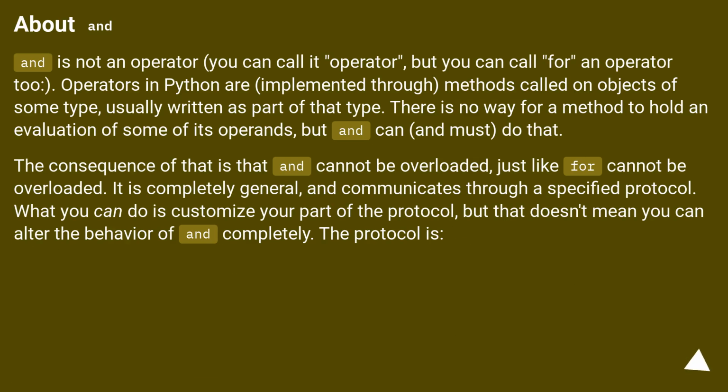About `and`. `and` is not an operator; you can call it an operator, but you can call `for` an operator too. Operators in Python are implemented through methods called on objects of some type, usually written as part of that type. There is no way for a method to hold an evaluation of some of its operands, but `and` can, and must, do that. The consequence of that is that `and` cannot be overloaded, just like `for` cannot be overloaded. It is completely general, and communicates through a specified protocol. What you can do is customize your part of the protocol, but that doesn't mean you can alter the behavior of `and` completely. The protocol is: